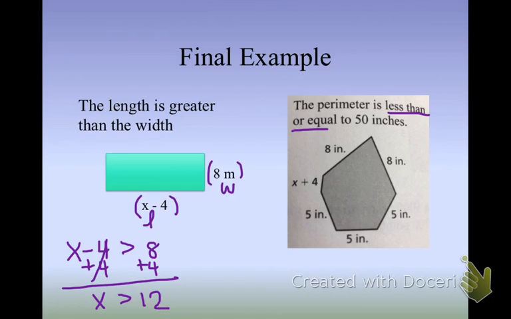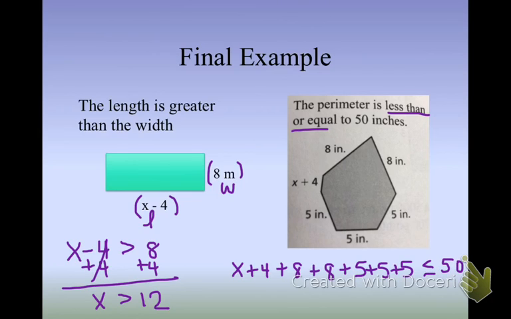So let's start with this expression, x plus 4, and then we have plus 8, plus 8, plus, and then we have 3 5s, and that is, oh, silly me, I just said let's not do that, is less than or equal to